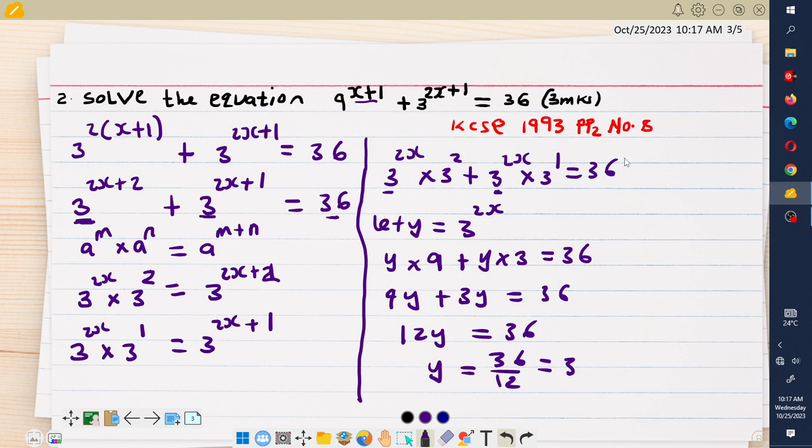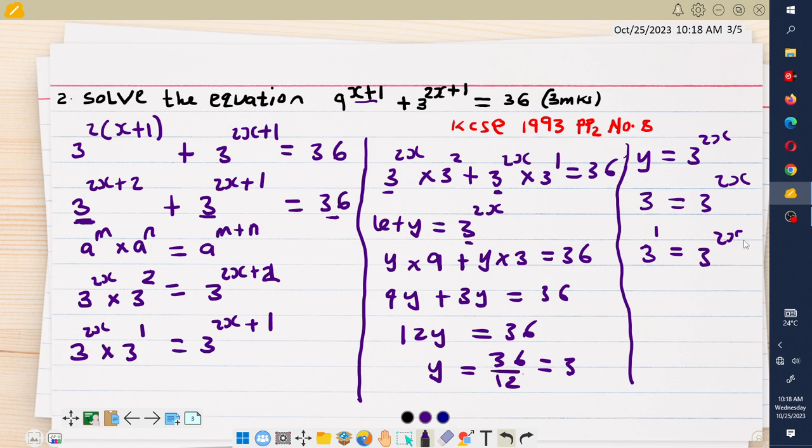So the value of y is 3. Remember the question wanted us to solve the equation, and the unknown value in the equation was x. Therefore I'll take it back here. You are saying that y is equivalent to 3 power 2x, and we have found that the value of y is 3. Therefore 3 is equal to 3 power 2x. But remember 3 is the same as 3 to the power of 1, which is equivalent to 3 power 2x. If I drop the bases because they are the same, I'm going to have 1 equal to 2x. If I divide through by 2, I'm going to get my value of x as being a half, or simply